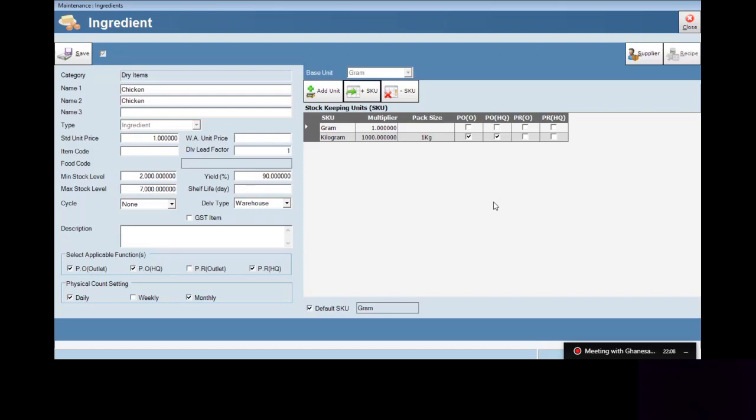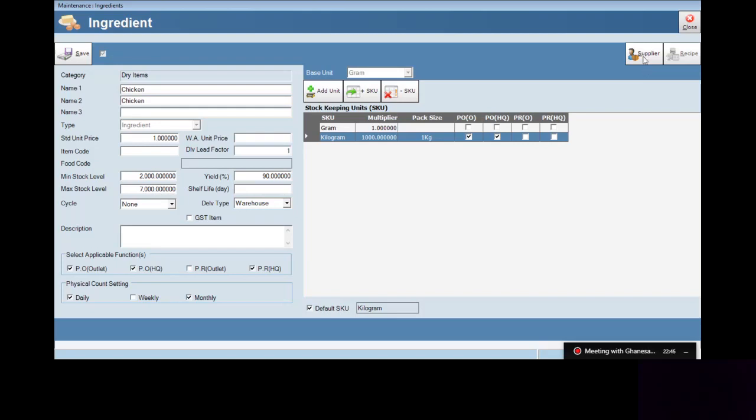All right. Now you can see this default SKU. What is the purpose of default SKU? It is for which unit you want to be viewed in certain reports, not all the reports, in certain reports, in which unit you want to see all your movement. So for example, if I choose kg, I click the kg and tick the checkbox and click yes. So the default SKU falls into the kg. All right. So the first part of the ingredient side is already done, and next we go for the supplier sections.